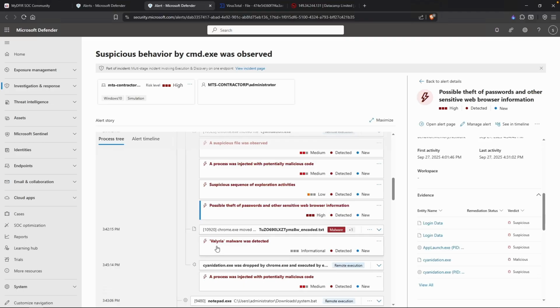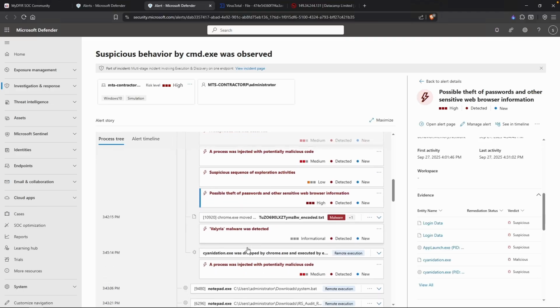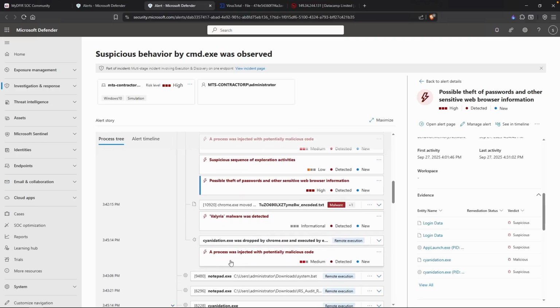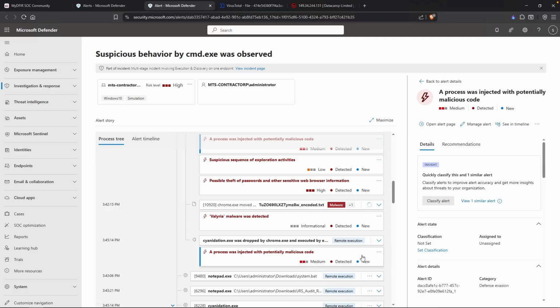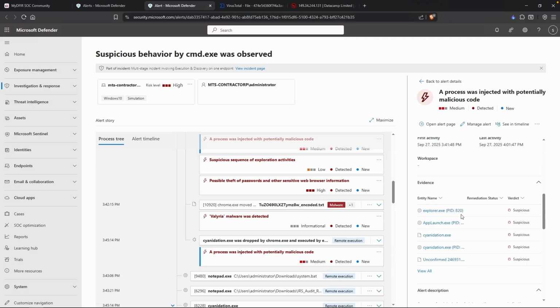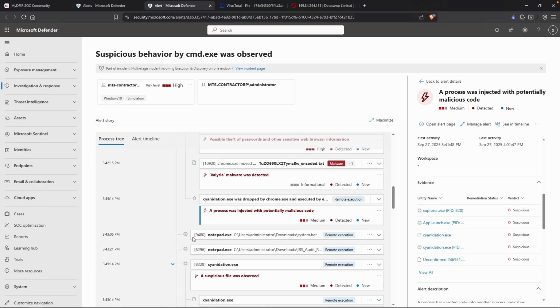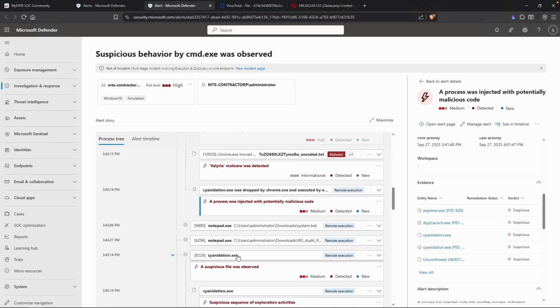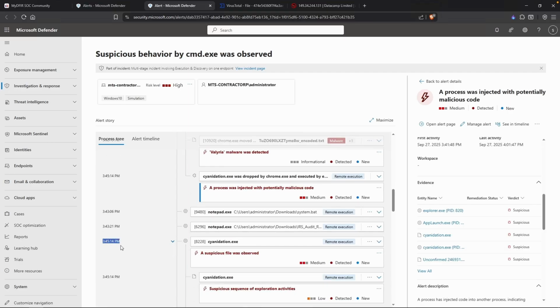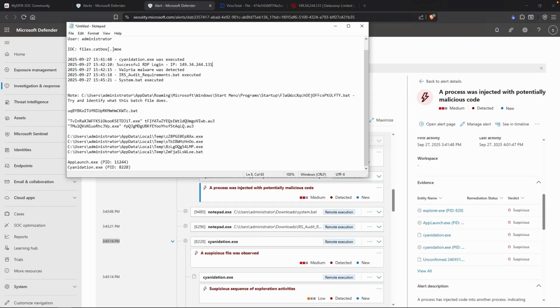And if we scroll down, we have our Valeria malware was detected that we saw. A process was injected with potentially malicious code. I believe we saw this one as well. This one's a little bit different because it does reference the app launcher rather than the 3 random executables. We can see that they opened up the batch file using notepad.exe. And then at 3:45:14, cyanidation.exe was executed. And if I put that in here,